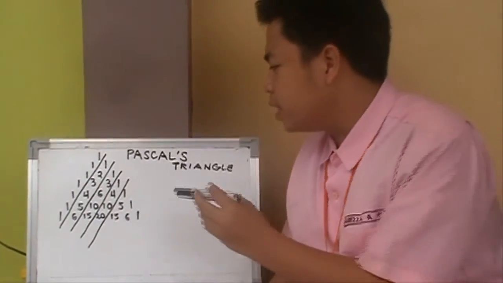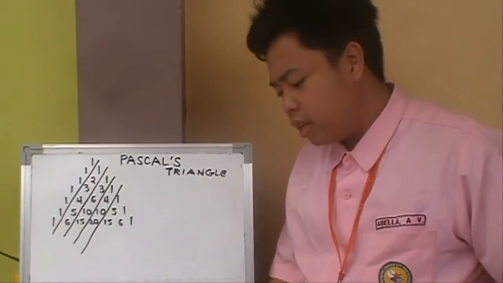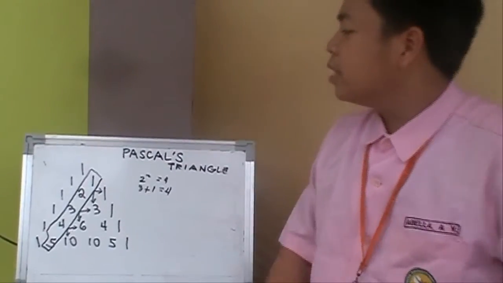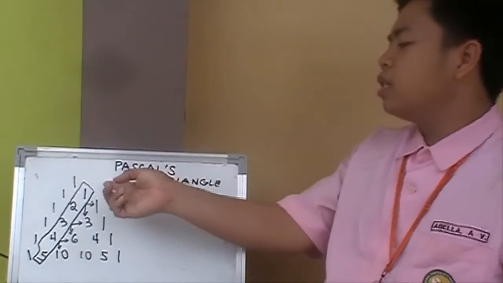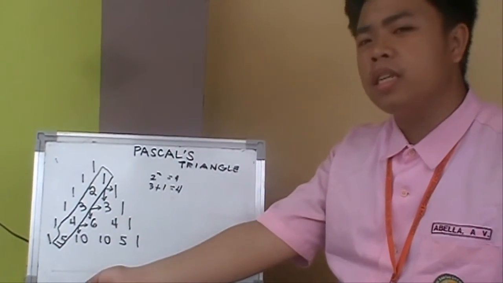So the Pascal's triangle is basically... the next identity of the Pascal's triangle is the squares. As you can see, the second diagonal we can see